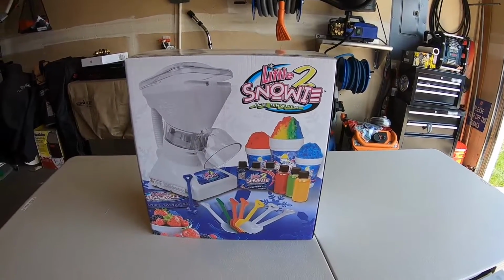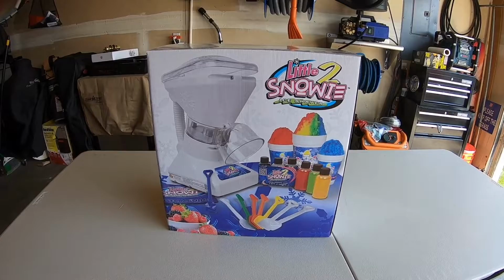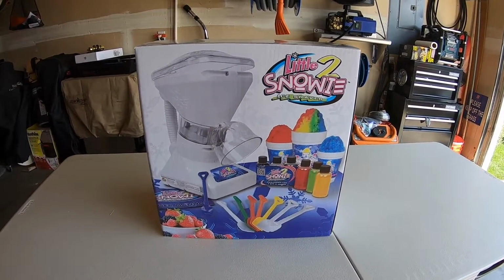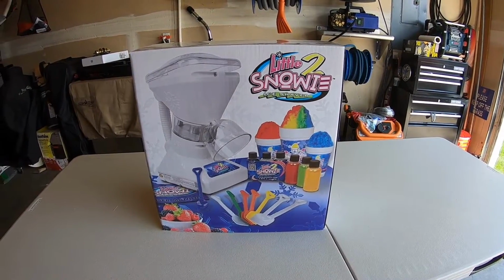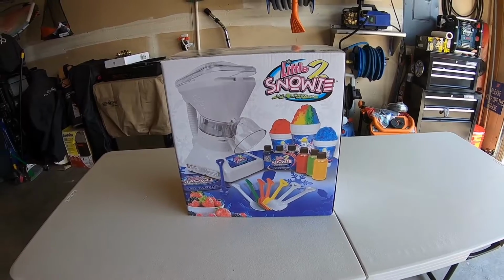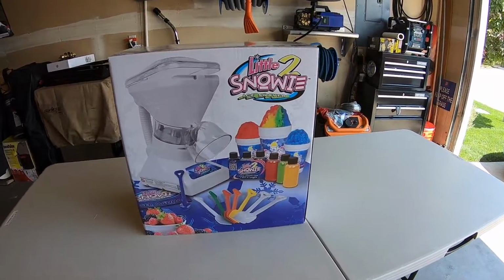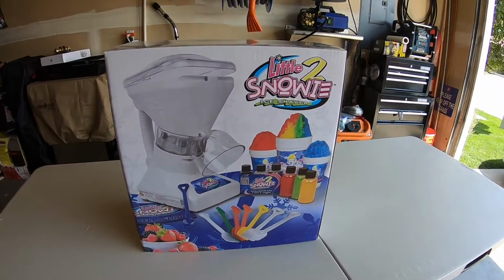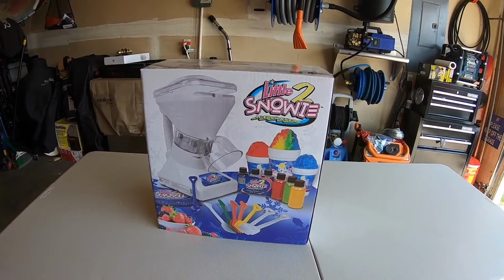I actually have a block shaver, but it's fairly large and you have to make ice molds for it, and I wanted something a little bit more compact, something that I didn't have to have ice molds on hand. And I came across this one. I think it was released this year in January of '18, I believe. They made some updates to their original one, and I just wasn't sure of these because, like I mentioned,